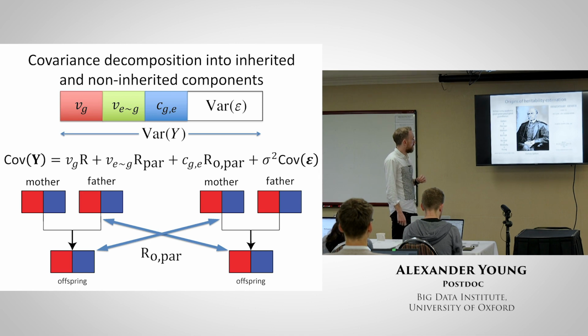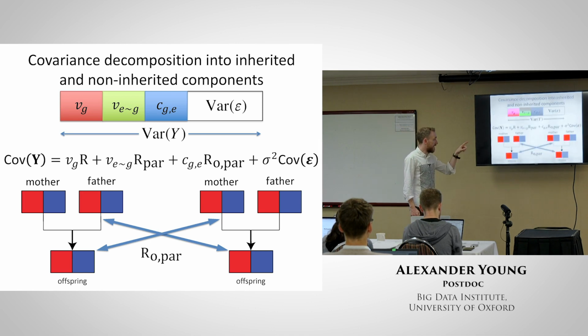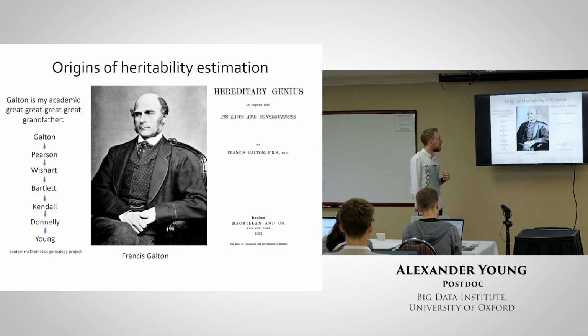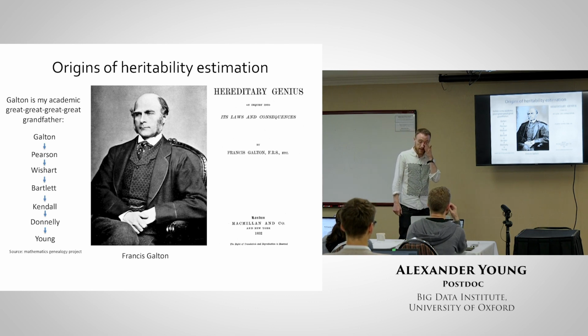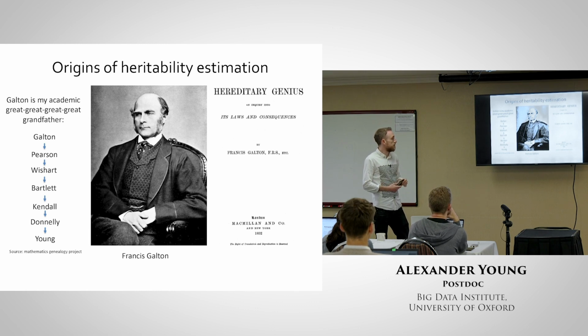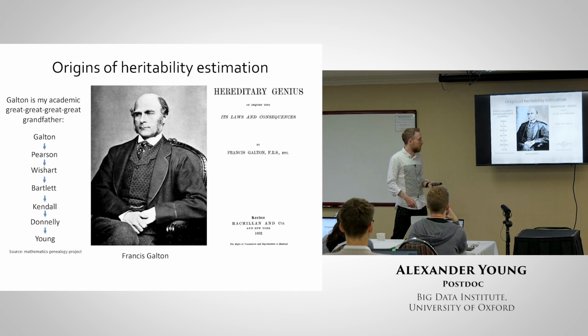So that's the background theory, and then you can think about how you would actually estimate these parameters, especially the heritability, which is the easiest one to estimate, but as I was saying, the other ones could be interesting to estimate too. So I'm just going to briefly talk about different methods of estimating heritability. Heritability analysis traces back to Sir Francis Galton, cousin of Charles Darwin, and I found recently that my academic lineage traces back to Galton through Peter Donnelly and Pearson and whoever, so it's kind of an amusing fact.